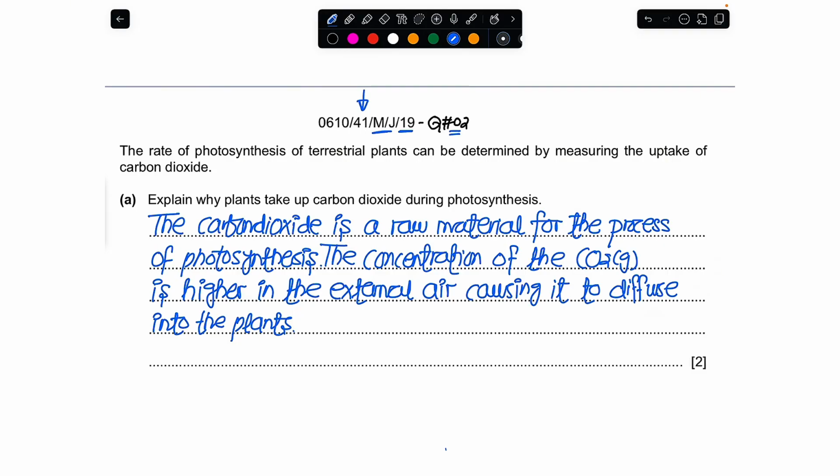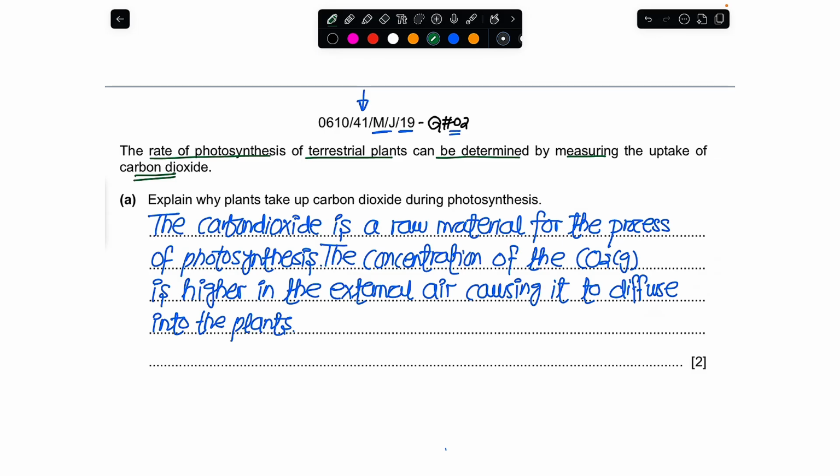So what they are telling us initially is that the rate of photosynthesis of a terrestrial plant can be determined by measuring the uptake of carbon dioxide. This is the right approach. More CO2 taken up by the plant would indicate a higher rate of photosynthesis, because we know carbon dioxide gets used up in photosynthesis, and when this combines with the water,